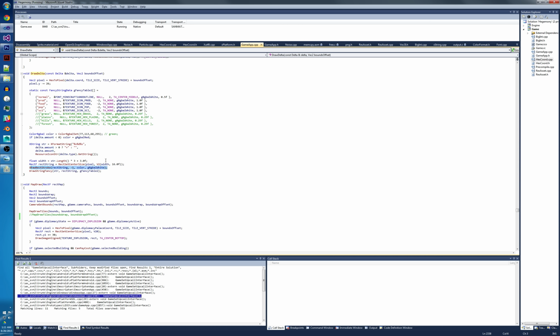This draw rect stroked mimics the Photoshop stroke function. It says draw this rect with a stroke of this width and this color. It's really simple. And then drawstring fancy. Drawstring fancy is our most